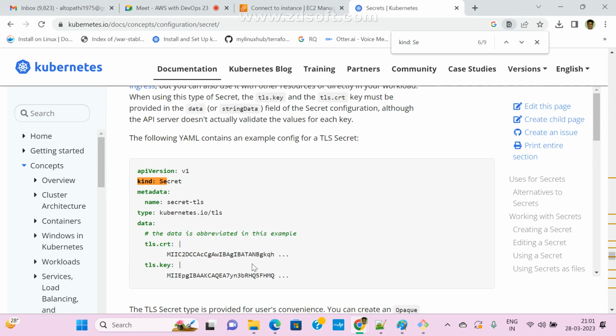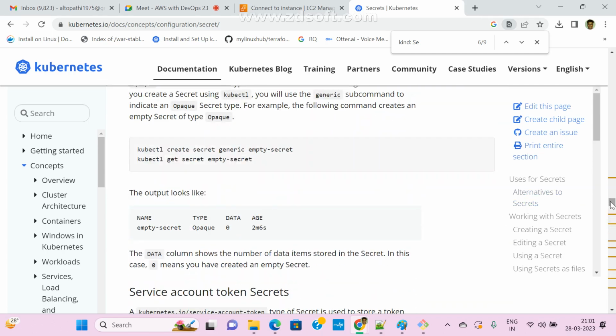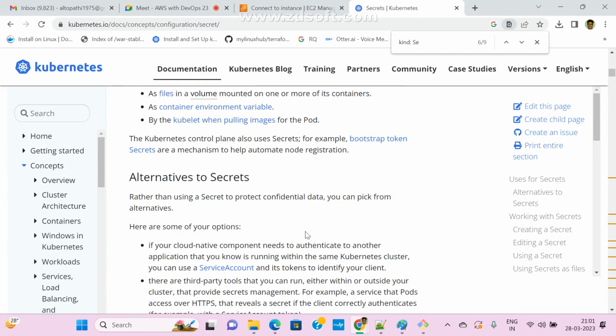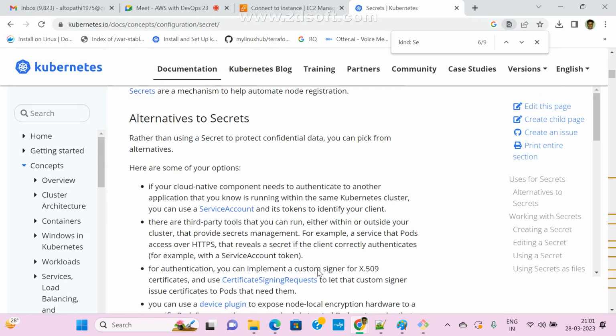So there is one more also. See here, this is the data, or you can use TLS. If you go starting, there are multiple ways we can save your secret data. So that and all, first we need to see here. Somewhere we can see